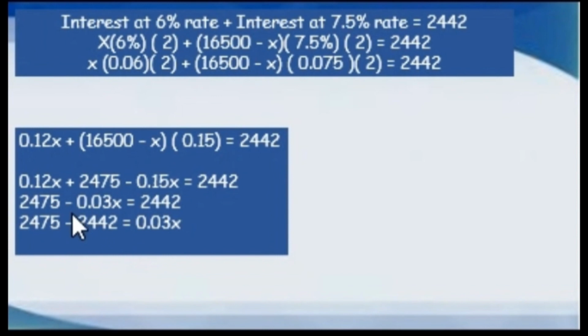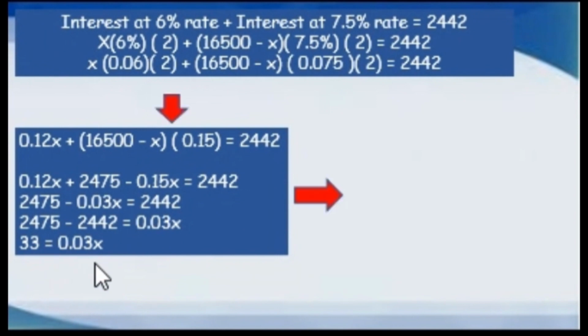Yung negative sign ni 0.03x, tinransfer natin sa kabila or transpose natin sa kabila. So, nagiging positive yung sign. So, 0.03x. Okay? So, 2,475 minus 2,442. The result is 33 equals to